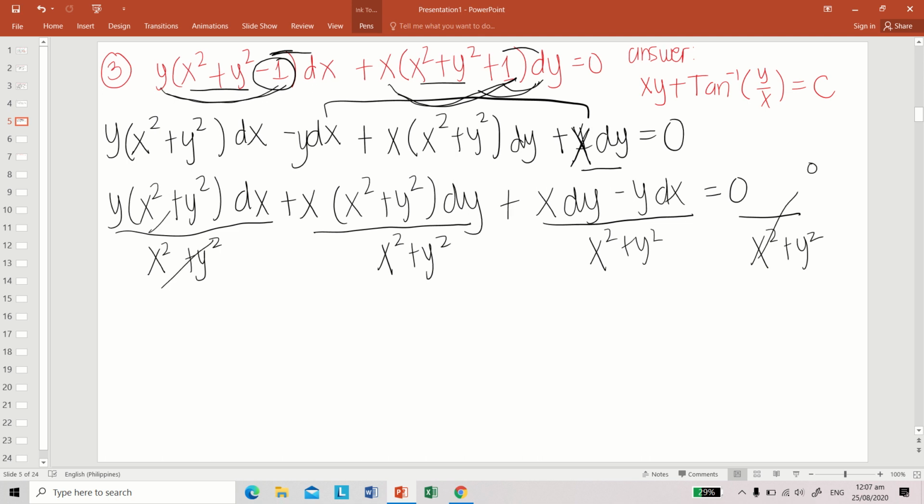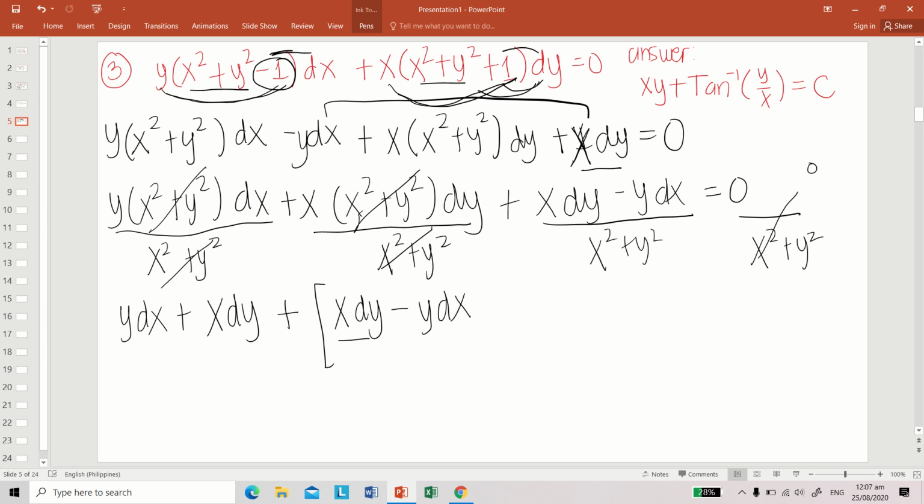So x squared will cancel out on this term, and then x squared on this term. So we're going to have y dx plus x dy plus quantity x dy minus y dx all over x squared plus y squared